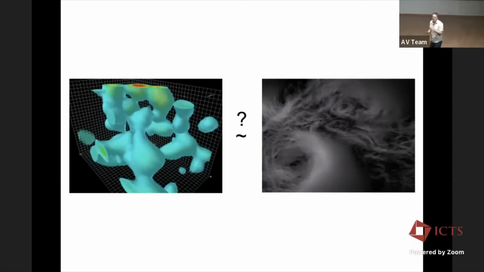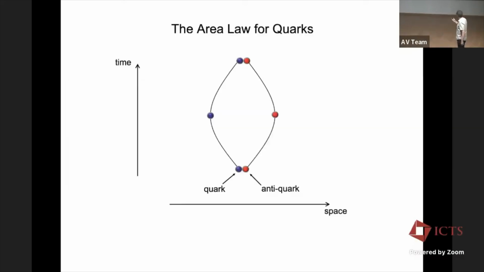Let me end with something that I think is a little bit speculative, but for me at least has been one of the highlights of this meeting. It's something that's come out only in the last couple of years, but suggests that there might be more to this connection between what's happening on the left-hand side and what's happening on the right-hand side. And this new thing, which may be completely unimportant in the big scheme of things, or maybe a great breakthrough, is called the area law. So I'm going to tell you about the area law for quarks, and then the area law for turbulence.